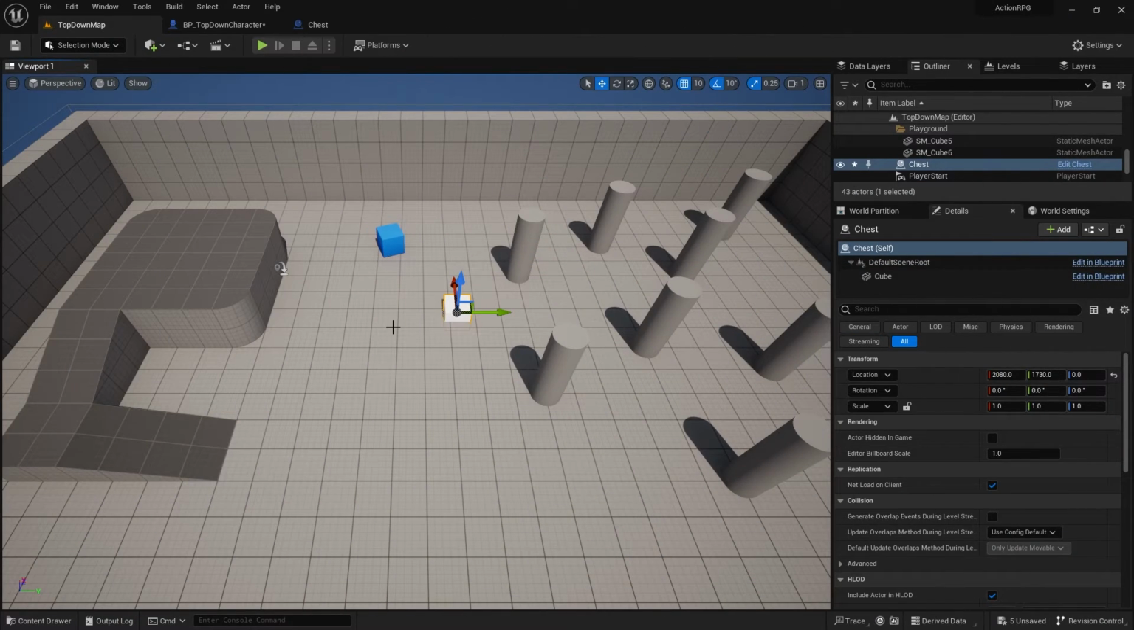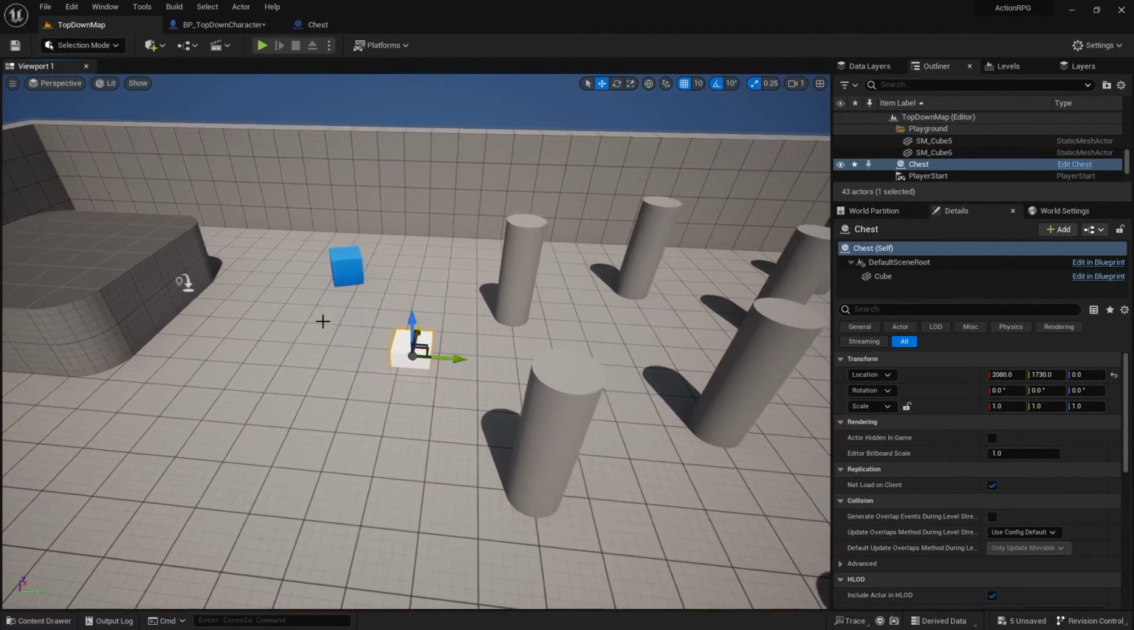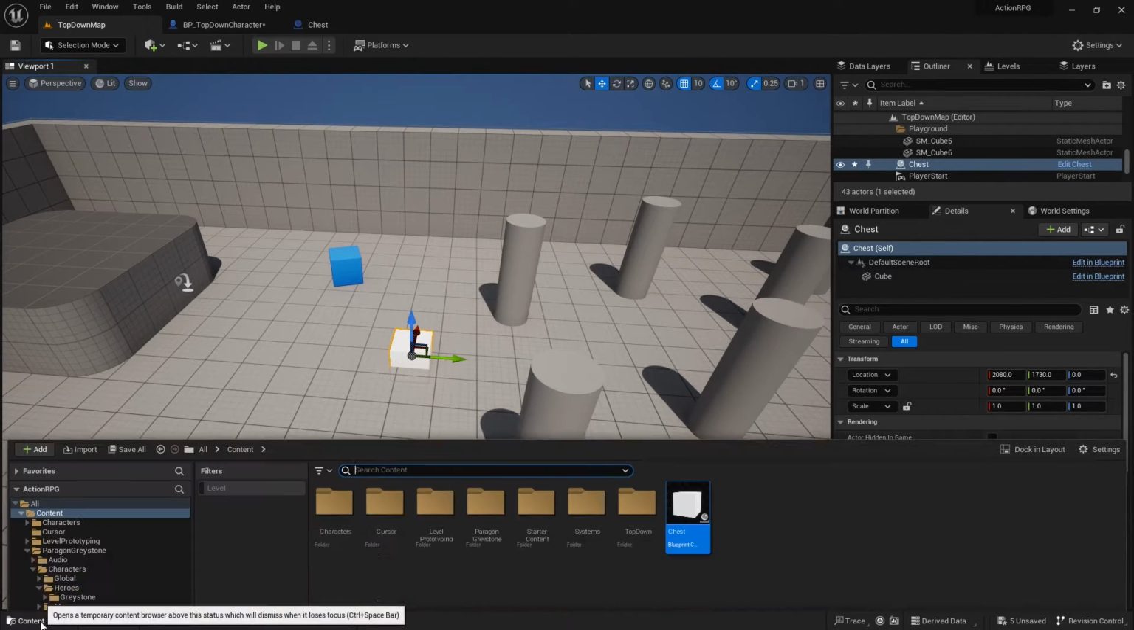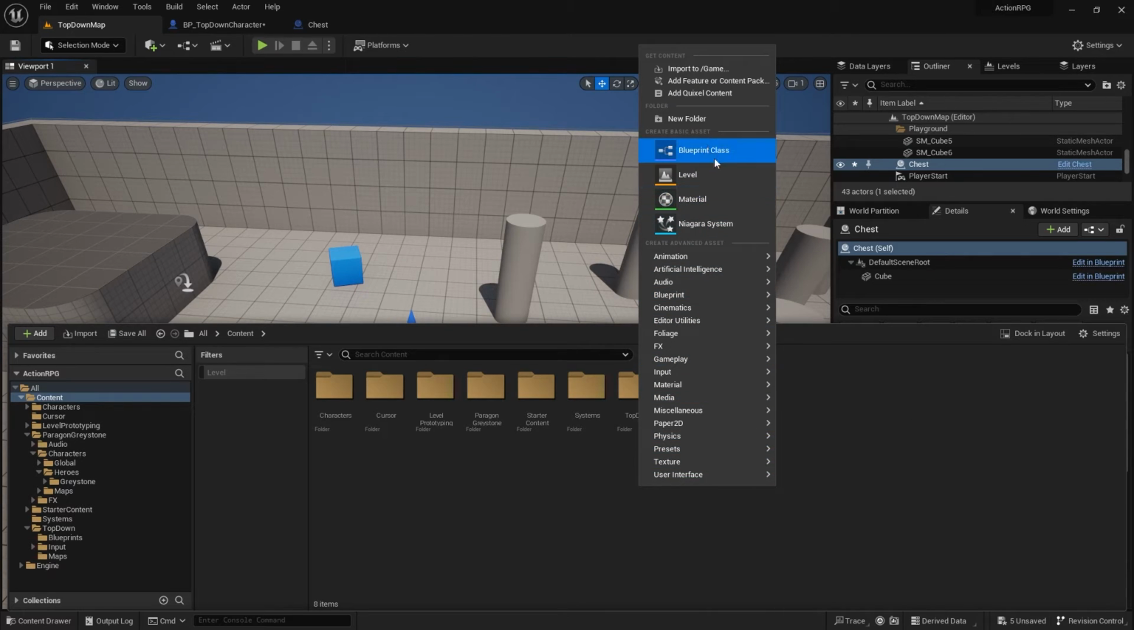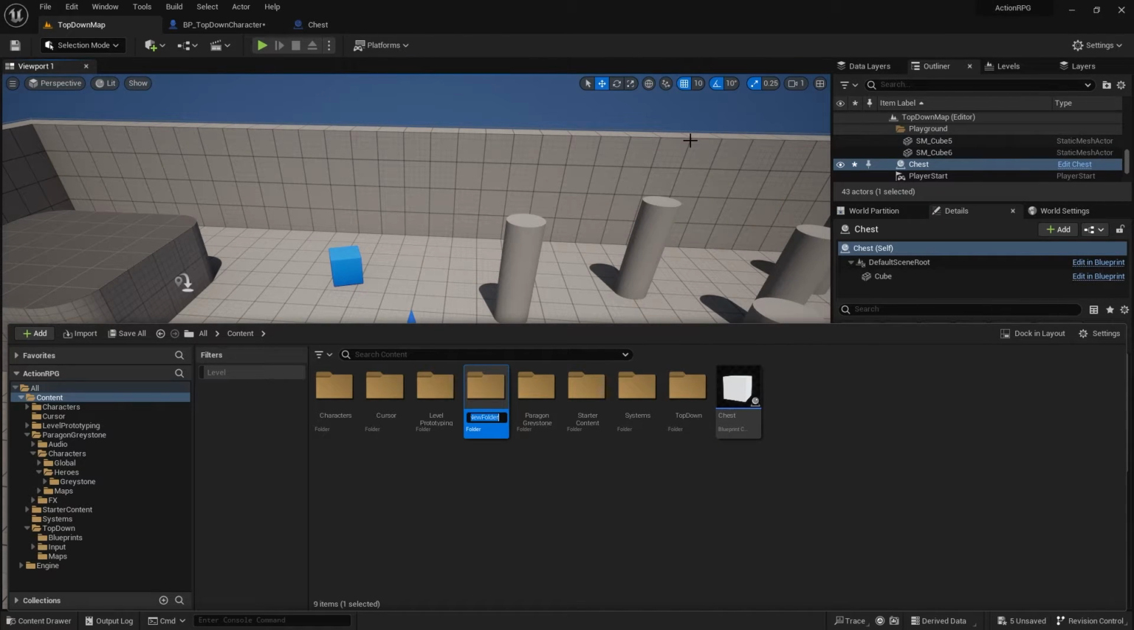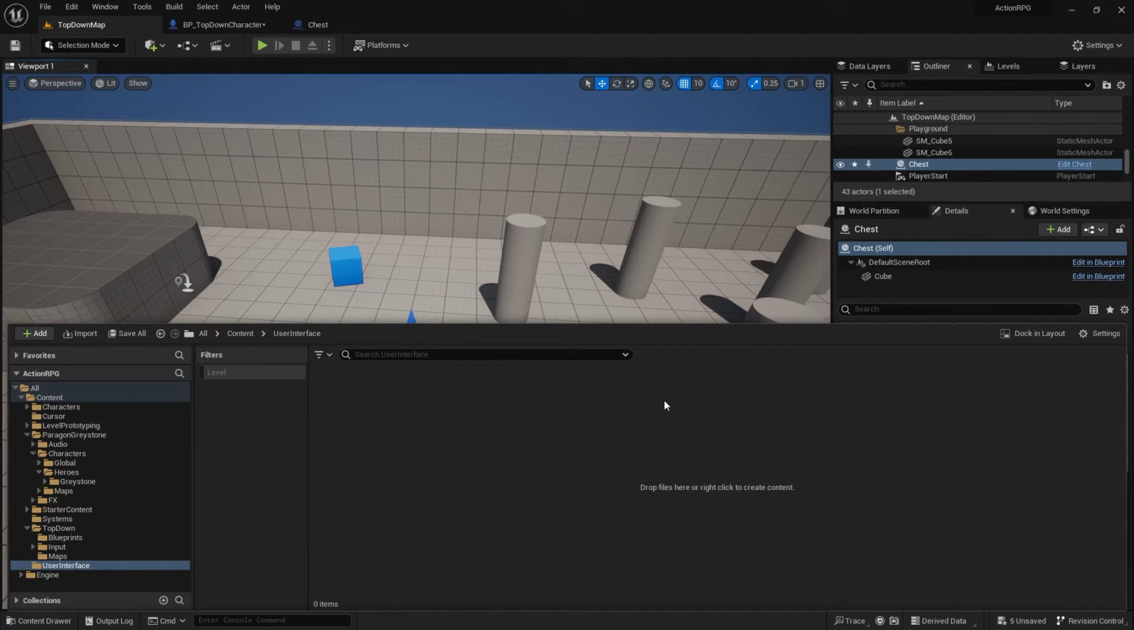Okay, so that's the movement done, and we've got some basic interaction stuff done. So let's now work on some of the UI elements that we associate with a Diablo type game. So what we're going to do is create our widget. We're going to create a new folder, and we'll call it user interface. And we're just going to do a block out widget, nothing too fancy, just so we can see how this